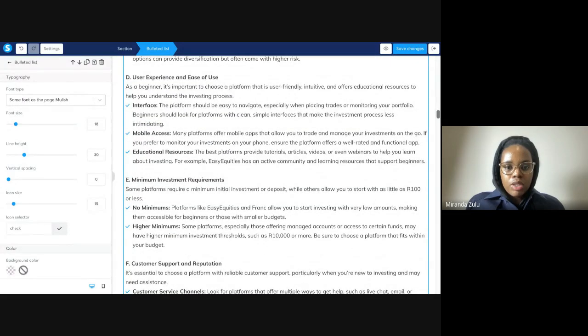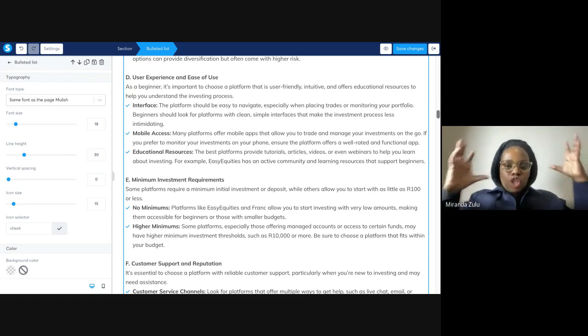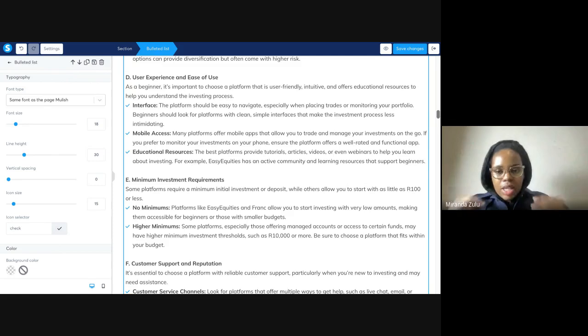User experience and ease of use, especially if you're a beginner, is really important. I find a lot of beginners get overwhelmed by Easy Equities, and I get why, because there's just so much on there. There's Easy Equities, the Easy Equities ZAR account, the Easy Equities TFSA, there's EasyProperty. There are just quite a lot of things, and it can become very, very overwhelming